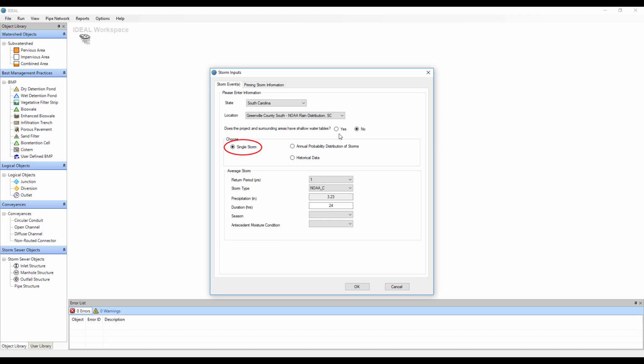With the single storm selected, you will notice that there are some preset options under the return period drop-down menu. If you select a preset option, the depth of precipitation is automatically populated based on the location you selected. The depth refers to the actual precipitation during the storm event. It should not be confused with the effective rainfall or rainfall excess, which is the depth of rainfall that actually